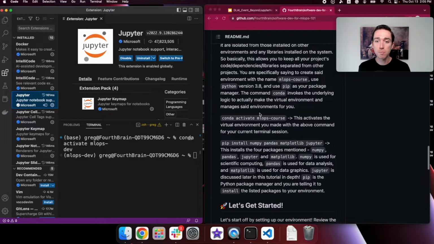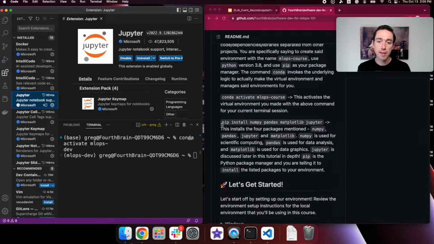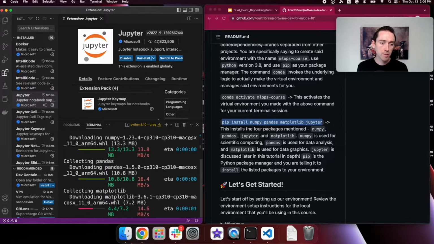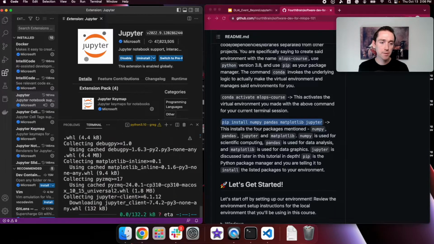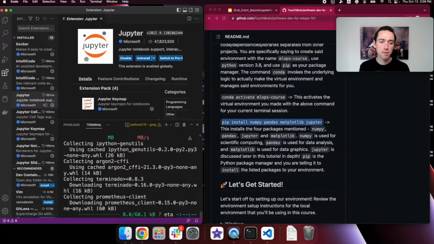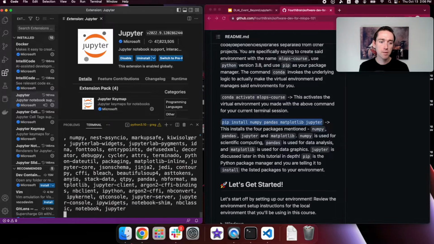So this is where I'm going to go back up here, and you'll notice that as we're setting up our environment, the step that I actually skipped was this pip install numpy pandas matplotlib Jupyter. And this is just to make sure that we have the packages that we need inside our dev environment. So once we have these packages, which will take a minute, in our new Python 3.10,